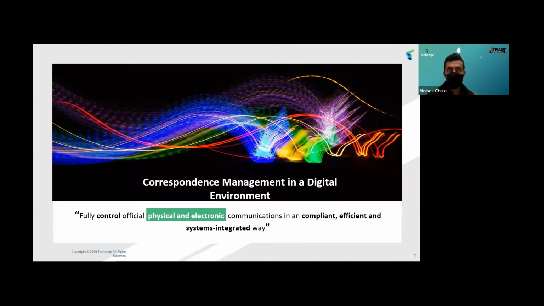But we have to look to the needs of those external clients as well. If we are in a B2C, we are facing citizens or customers. If we are in business to business, we have suppliers, stakeholders, or other clients that are companies as well, or even government agencies of different kinds that are those entities to whom we communicate, who use our official communication system. So we have to think on their needs.